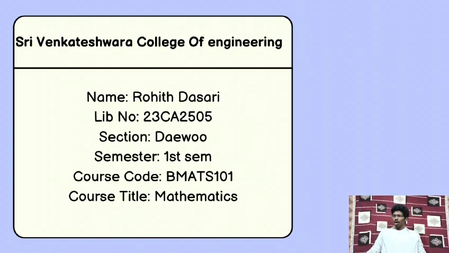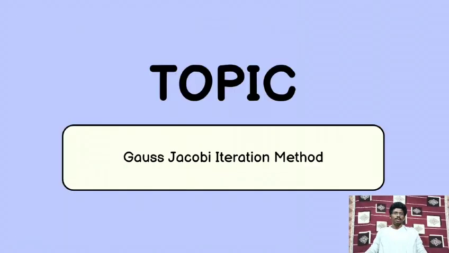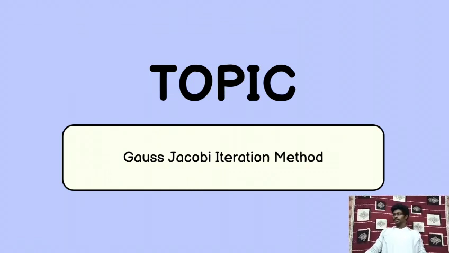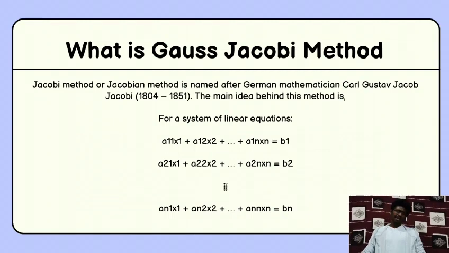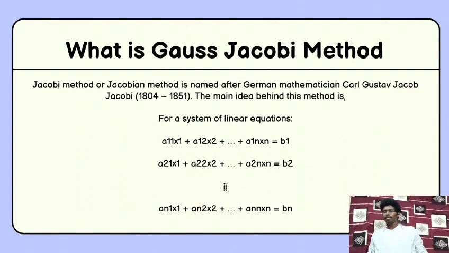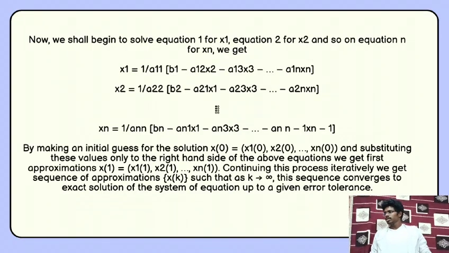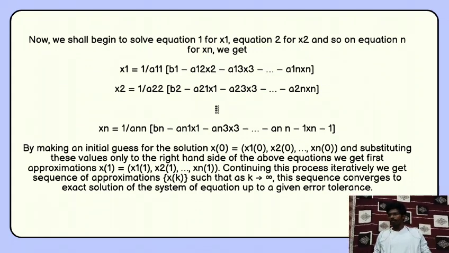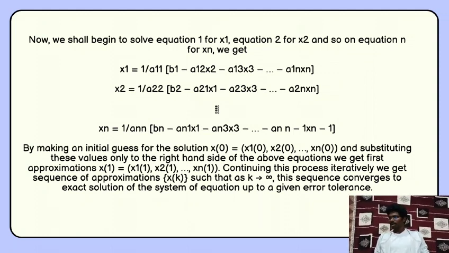Gauss Jacobi iteration method. What is the Gauss Jacobi method? The Jacobi method is named after the German mathematician Carl Gustav Jacobi, 1804 to 1851. The main idea behind this method is, let's say, for a system of linear equations